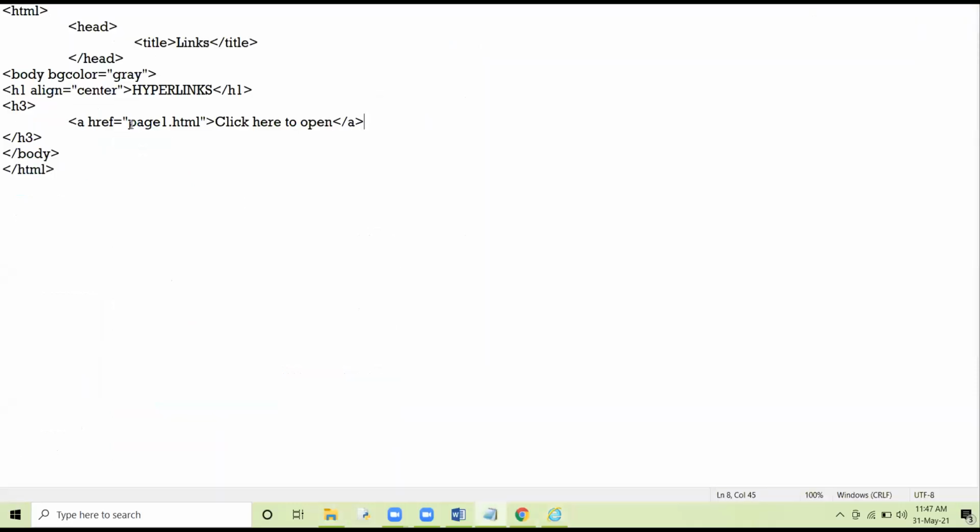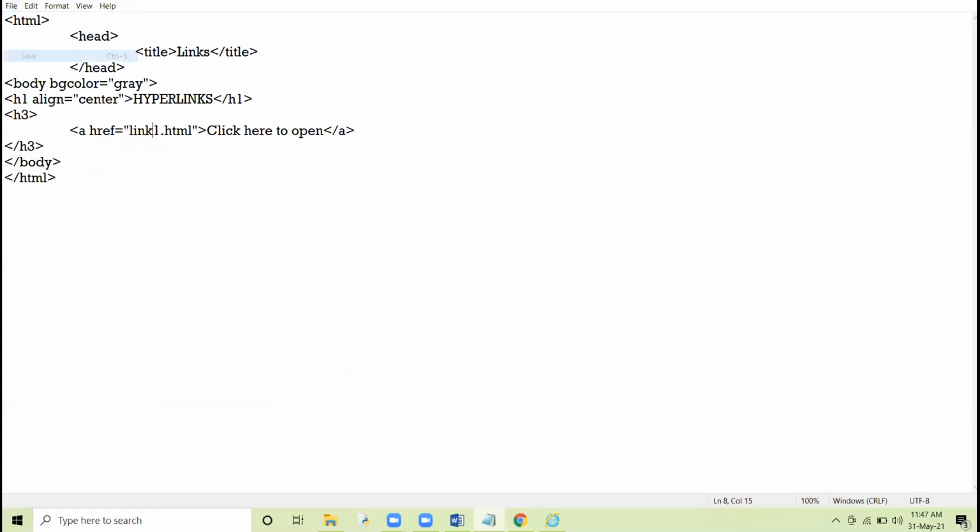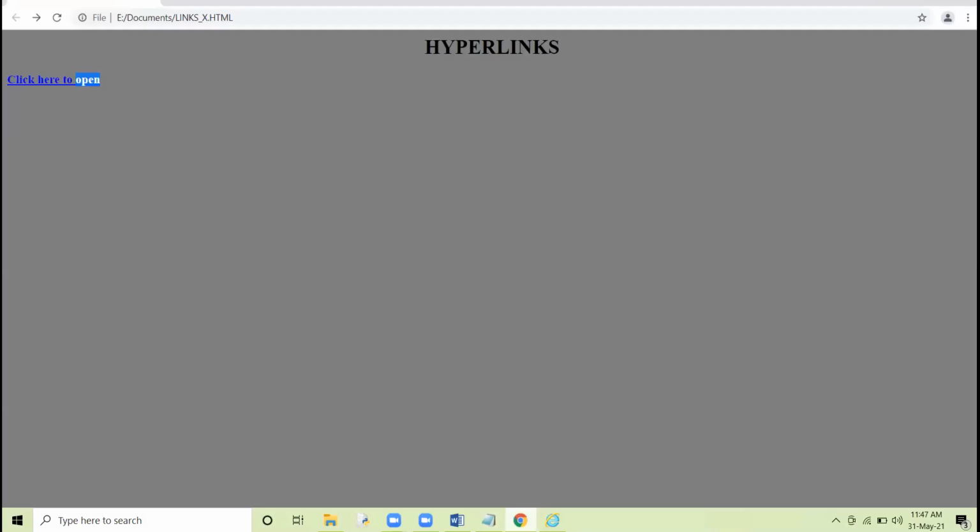I try to connect with the page link1.html. See here. Again, I click. I am on page links underscore 10th. I click on this hyperlink and I get connected to the web page link1.html.